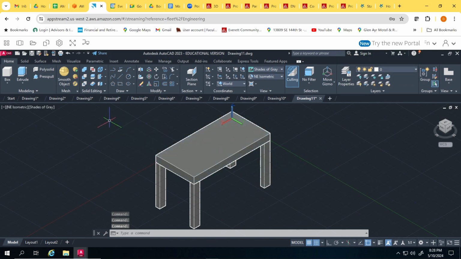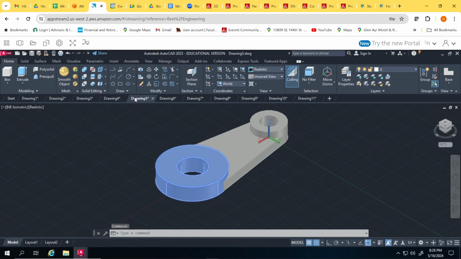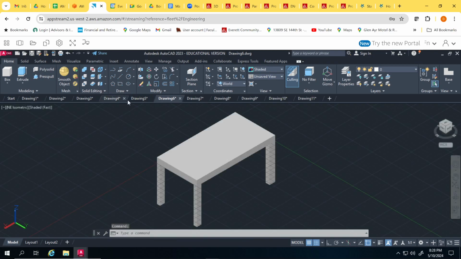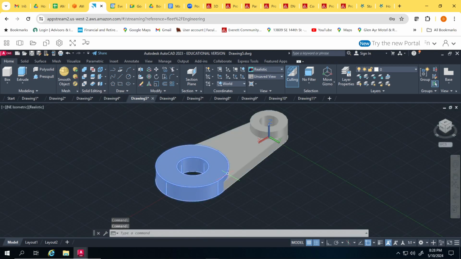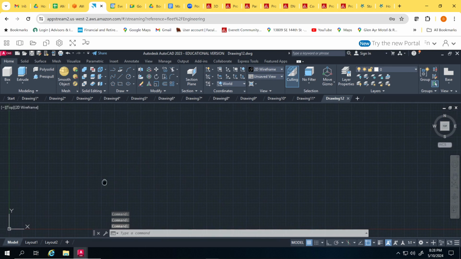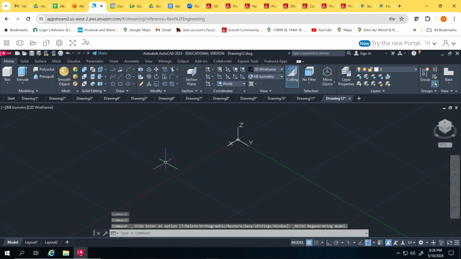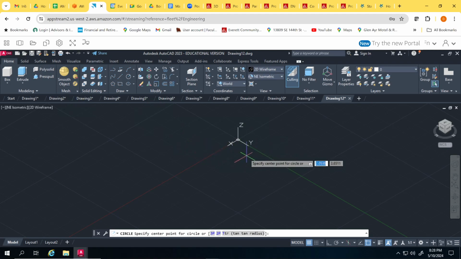I got one more to do here. Let's see, we've done this one. This one will be next. I demoed this one, I skipped that. I'm going to go back to press pull and show you how I did this one. And I'm going to do it in the 3D environment. So I'm going to select here and select this northeast location here. And then we will go to circle. And with the grid